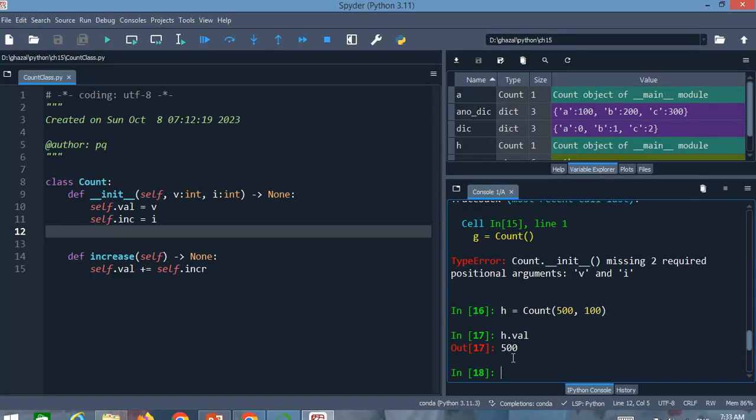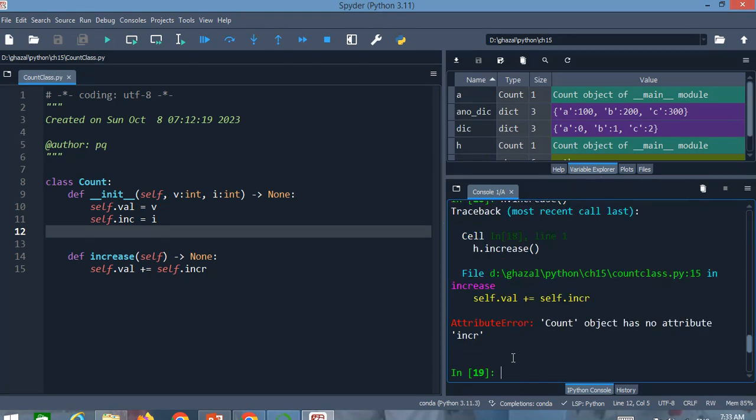When we say that val and incur are inside count class and h attributes, it means that we can access them in this way. So in fact, the interpreter has considered the first argument as v and the second argument as I. Let's call the increase method. So we expect val to increase by 100 units. Actually, it says that the count